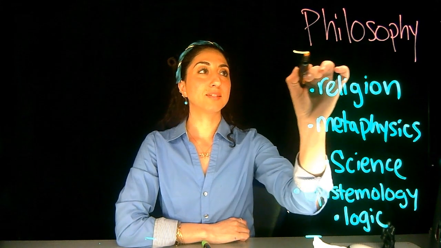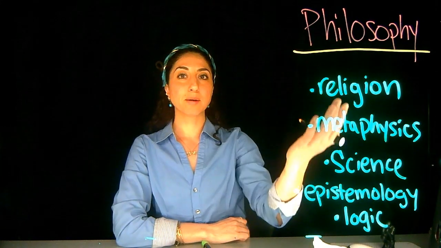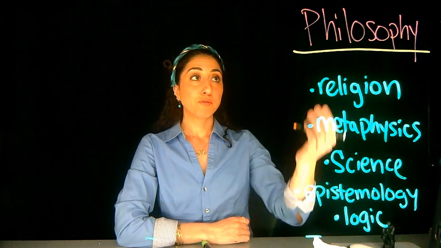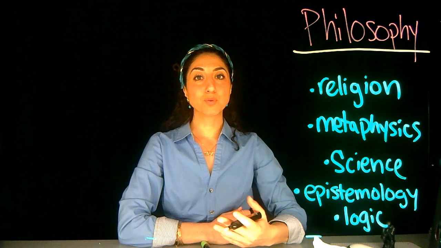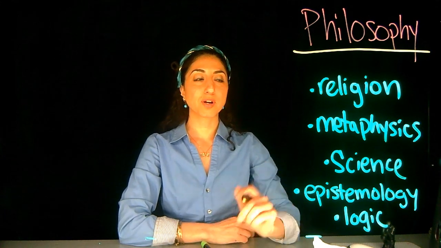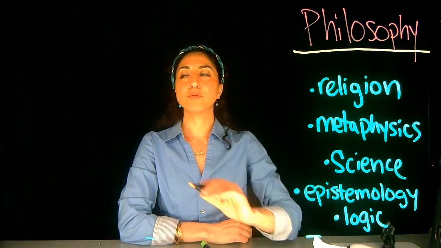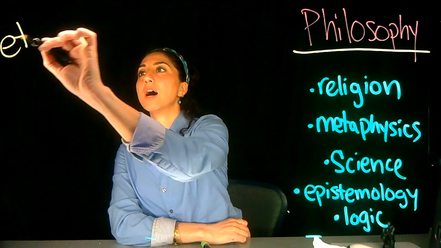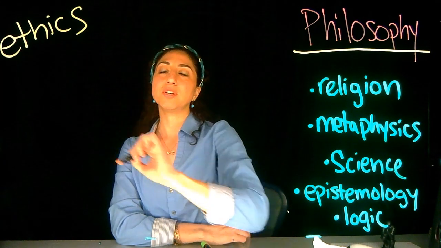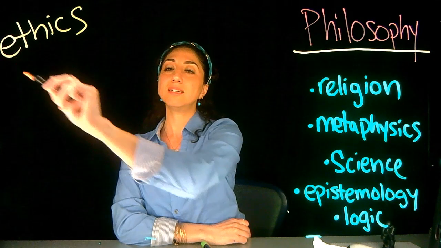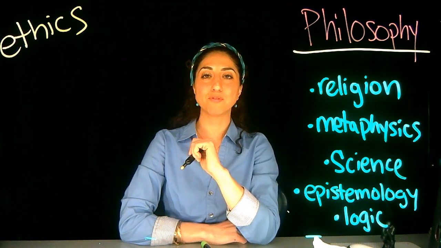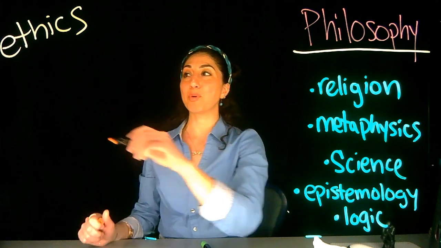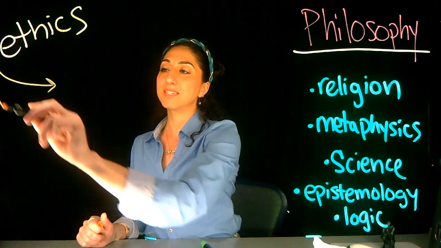When you're studying philosophy, there's a number of different subfields you might be studying. Philos means the love of, and Sophia means wisdom. And someone who loves wisdom, or someone who is a philosopher, might be engaged in all sorts of human condition questions. Another subfield in philosophy that you might be studying is called ethics. And when you're studying the subfield in philosophy called ethics, there's 3 different branches that you might be studying.